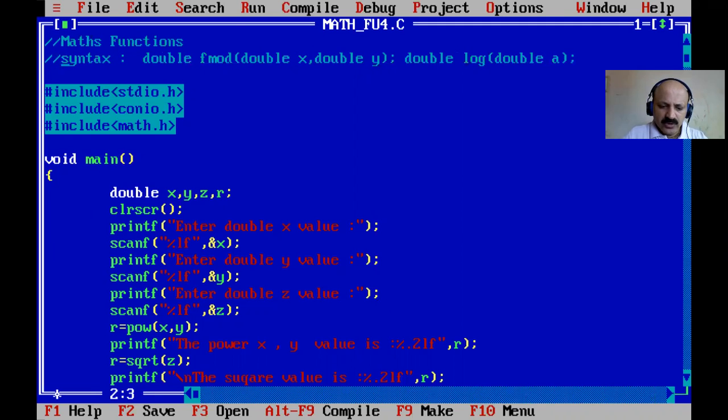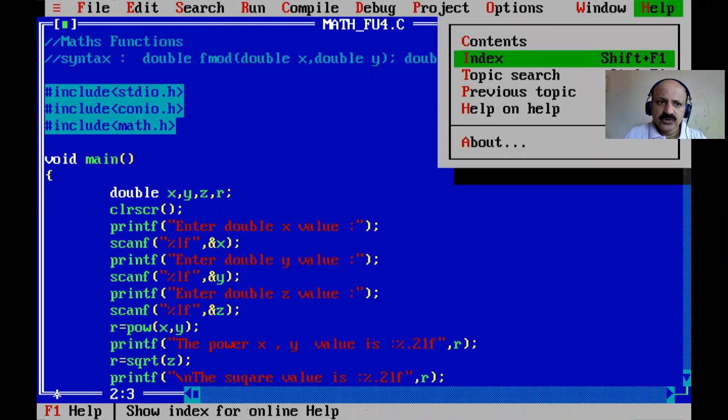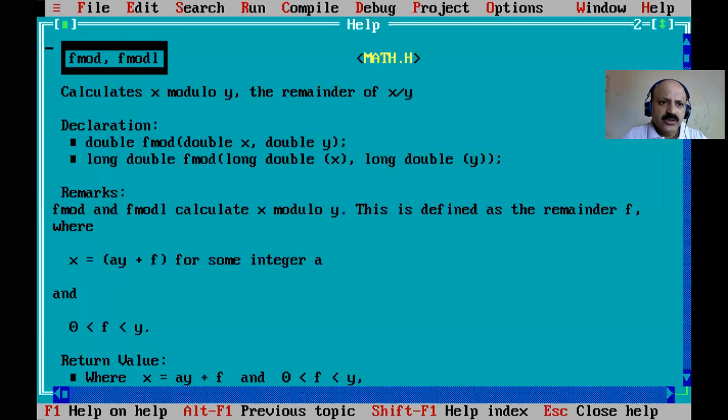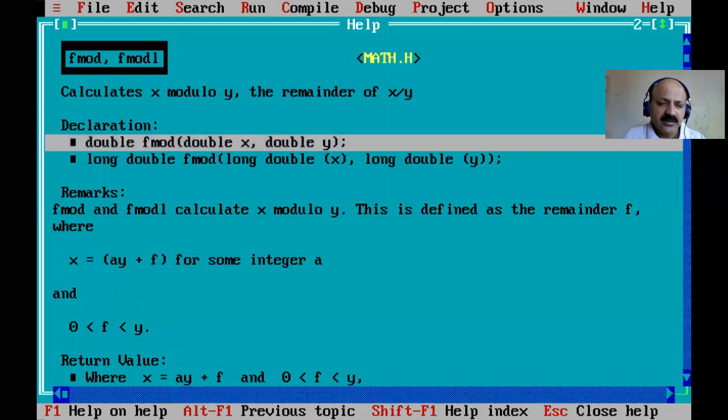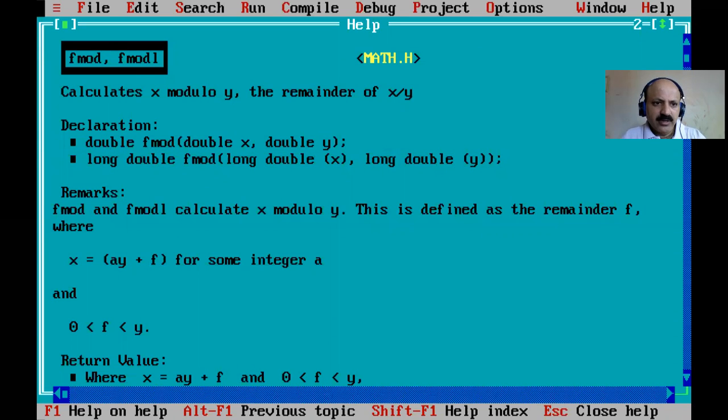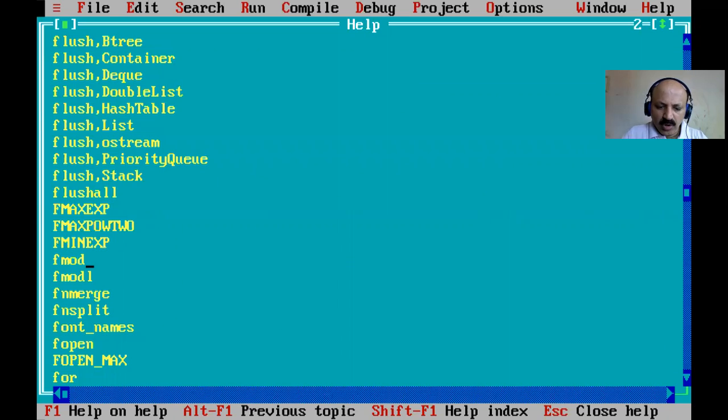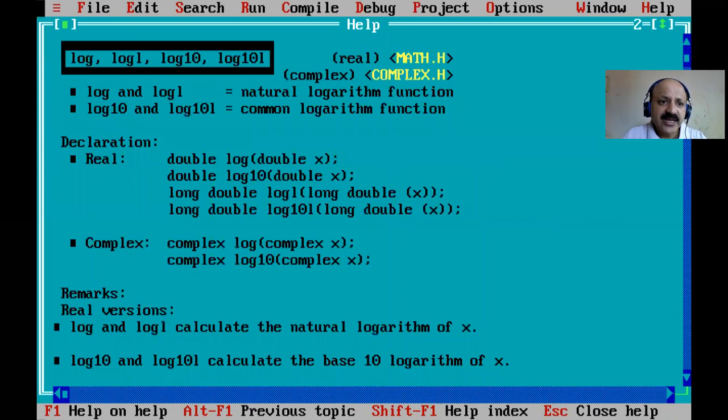Yes, so let us also check in the help window. So first is fmod. That calculates x modulo y, meaning the remainder of x divided by y. That is the syntax, double, return type double. The declaration is here: double x and double y. That is the correct form we can write. And then I open log. Yes, so here is the log syntax.